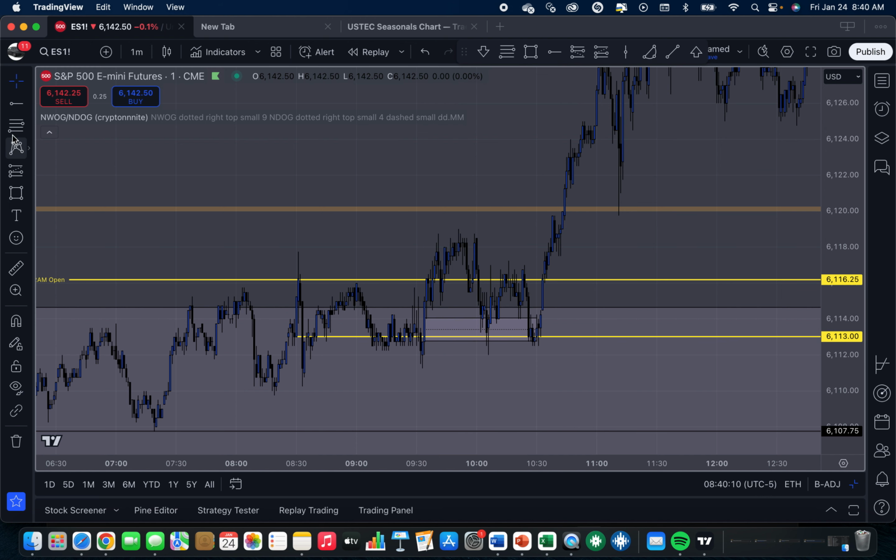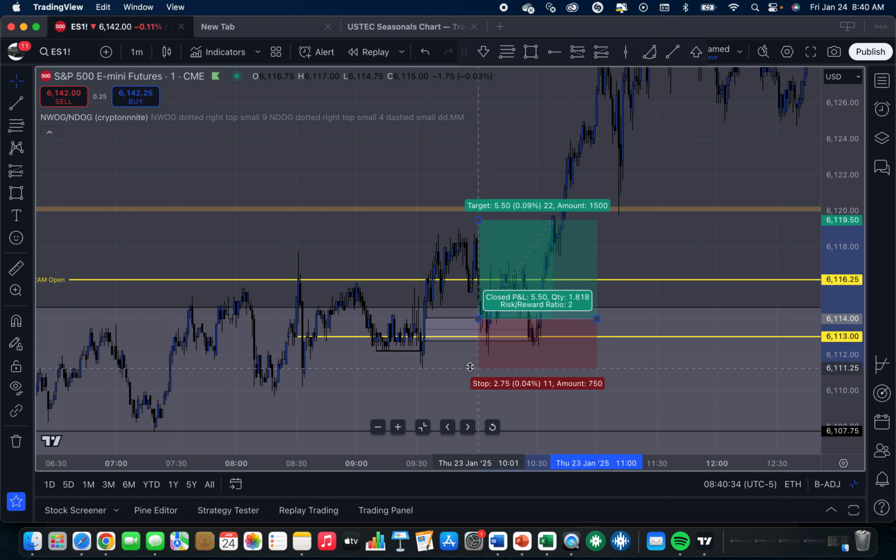So we have this liquidity sweep down here below relative equal lows and an expansion. So we have our market structure shift, and a fair value gap presents itself in a discount since we're buying. So our entry was right here,